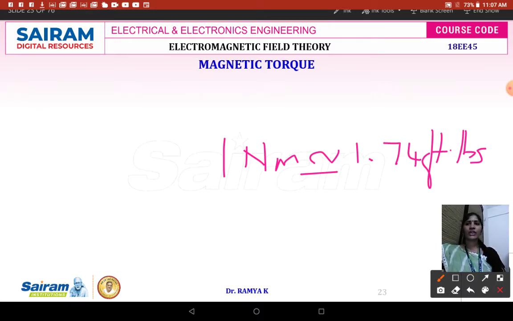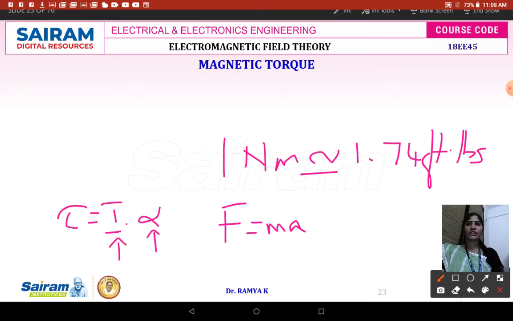In the case of rotational kinematics, torque takes the place of force in linear kinematics, and it is equivalent to Newton's second law of motion. Newton's second law says force F is equal to mass into acceleration. Therefore, I can write the moment of torque T is equal to I into alpha, where I is known as the rotational inertia, and alpha is the angular acceleration. Therefore, we have to consider the property of the rotating system, the rotational inertia and angular acceleration, which depend upon the mass distribution of the system.